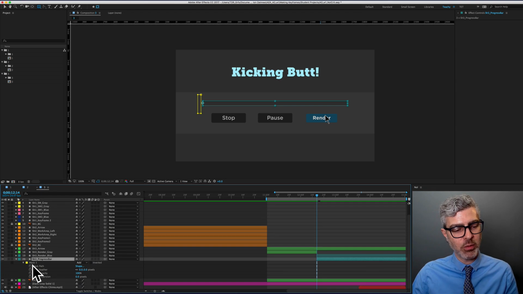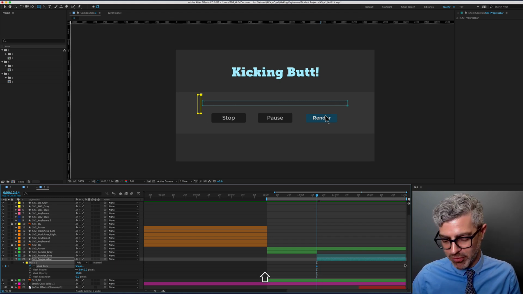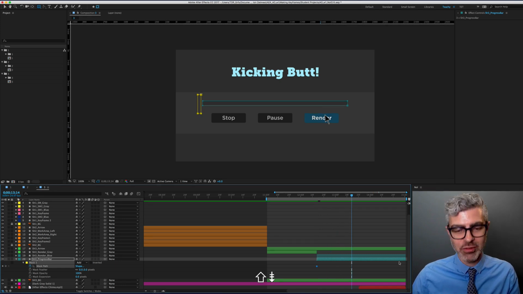But the one that you want to know about now is mask path. If I click that, that now means I've set a keyframe for this mask like here, right? Which is actually not revealing any of that layer yet, okay? But if I move like 1, 2, 3 or whatever frames down,